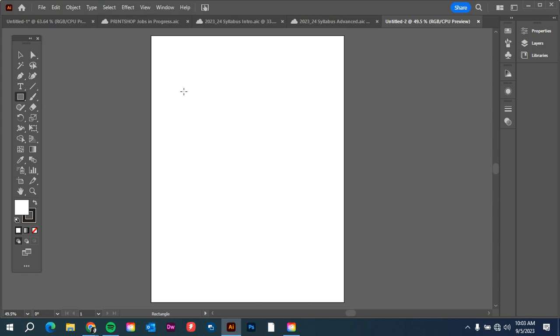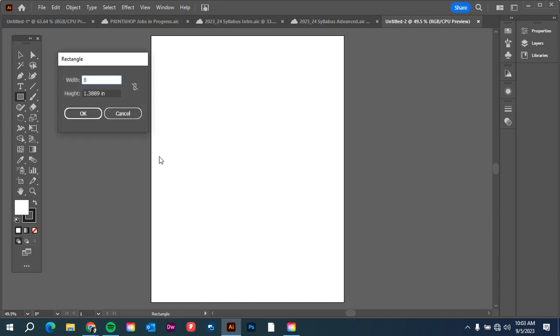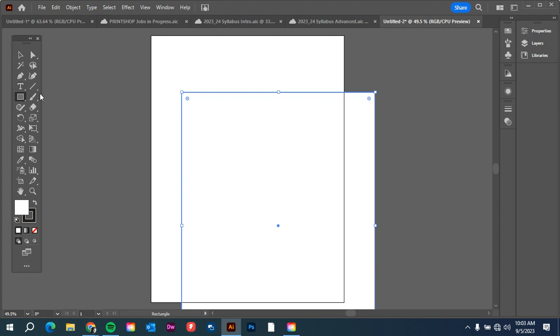And this time we're just going to single click on the page. It'll give us this window, and it's 8.5 by 11. So type in there 8.5 by 11, hit OK, which gives us